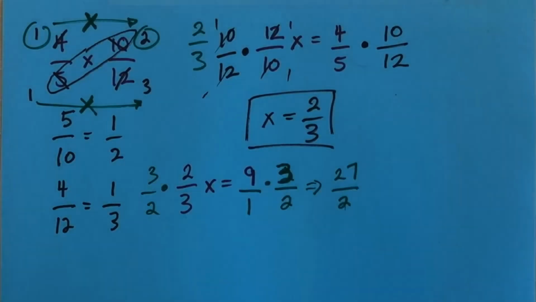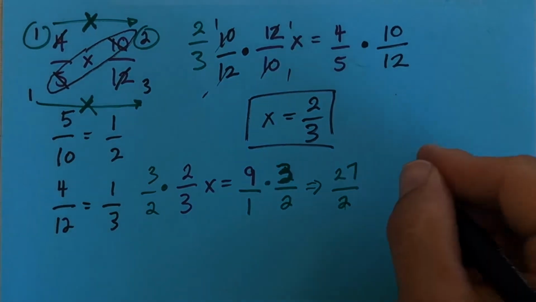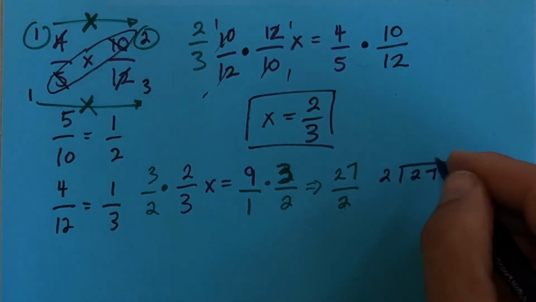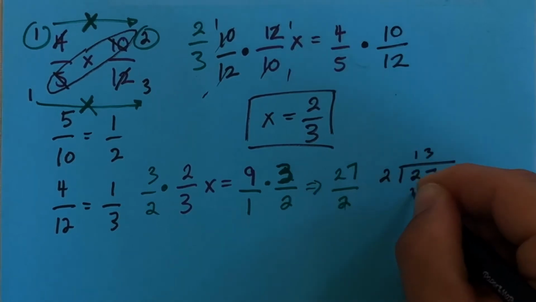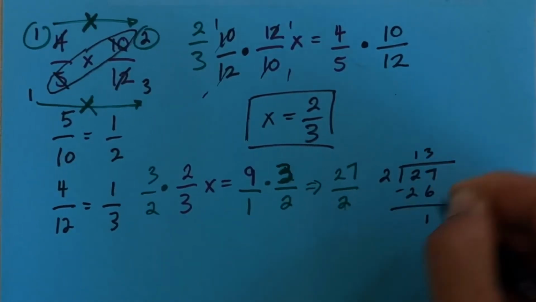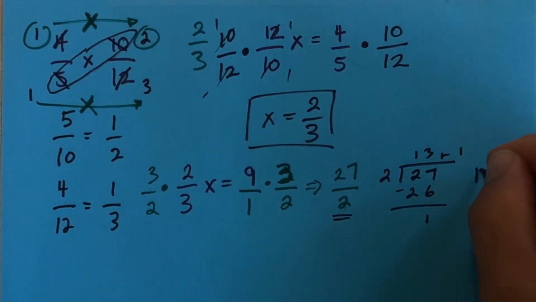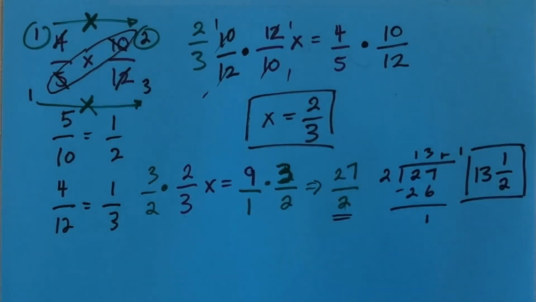Changing this to a mixed number is dividing 27 by 2, and 2 goes into 27 13 times with 1 left over, and that remainder goes over your denominator, so 13 and 1/2. That's really all you're doing when you're working with fractions, multiplying, dividing, trying to get x